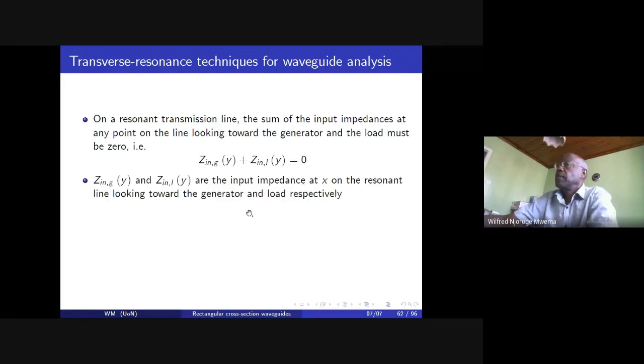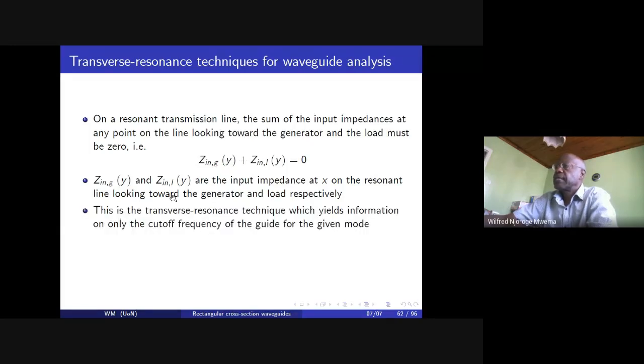So this will be at X on the resonant line looking toward the generator and the load respectively. This is the transverse resonant technique, which yields the information on only the cutoff frequency of the waveguide